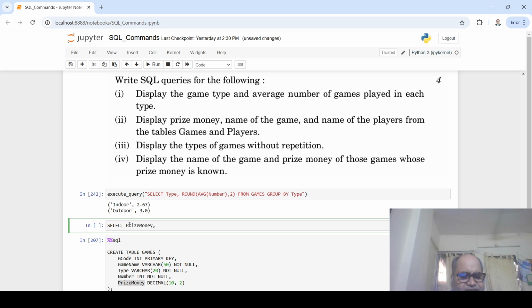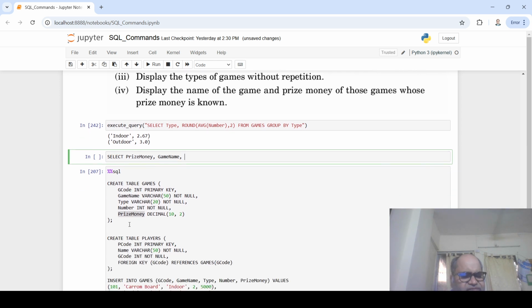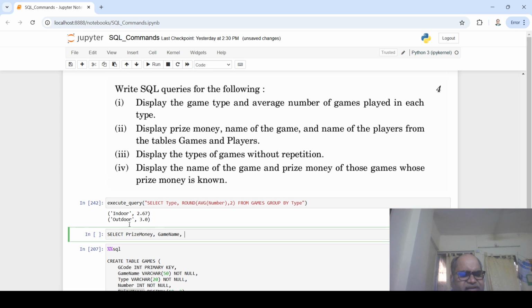What is the name of the game? Under game name, right? And name of the players. And what you need? Name of the players. So this is under name in players, right? So we are talking about 2. So what you will do? From games as G,